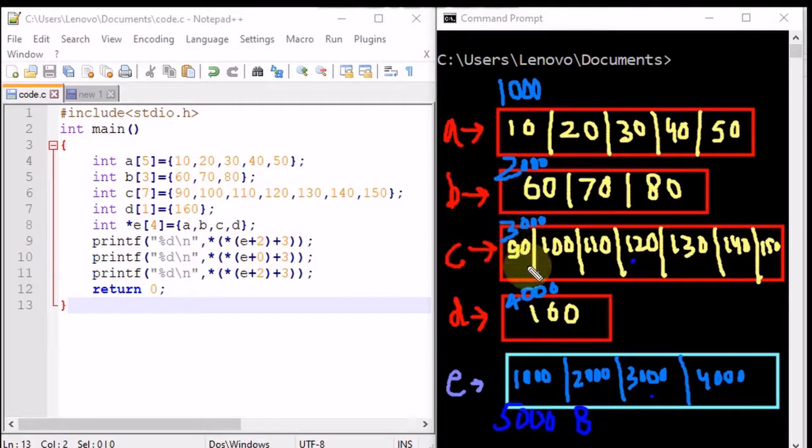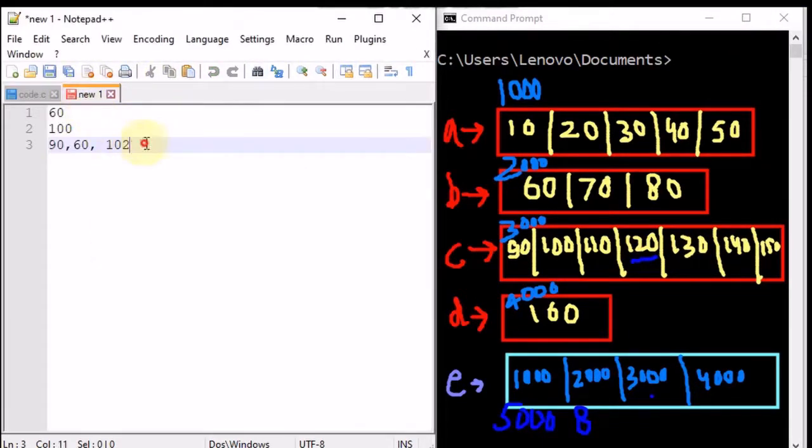That means we have skipped 3 values, and that's why we are pointing to 120, and by using asterisk we will be accessing this value 120. So after printing this, our 120 will be printed. So 120 should be the first output. So let's write this in here, 120,